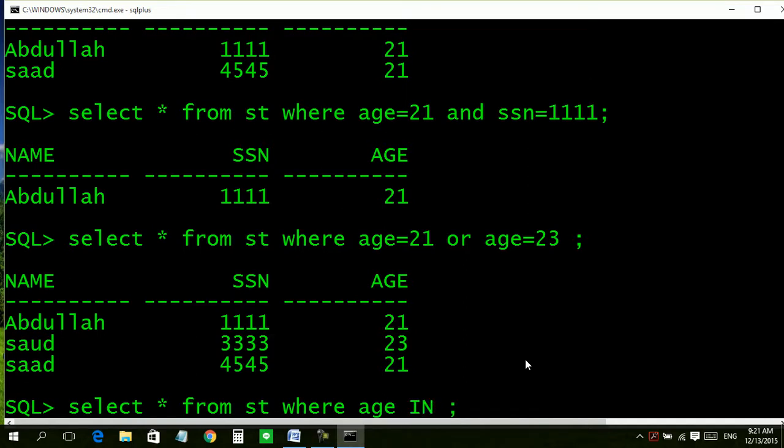It is not required to write it in capital, but I am writing in capital. You can write in small also, it will work the same, but I am writing like this for emphasis only: where age IN 21, 22 or 21.